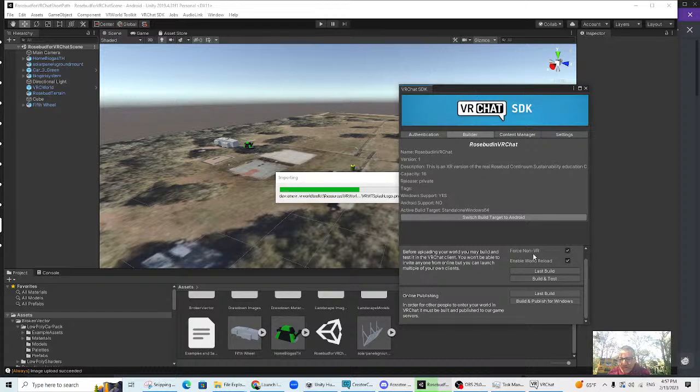I think maybe you can do build and test. Before uploading your world, you may build and test it in the VRChat client. You won't be able to invite anyone from online, but you can launch multiple of your own clients. So maybe even with the build target set to Android, I could still test here in the PC. That would be interesting. And this should then switch from publish for Windows. We'll see what happens when this thing is actually switched to Android. It seems to be taking its sweet time